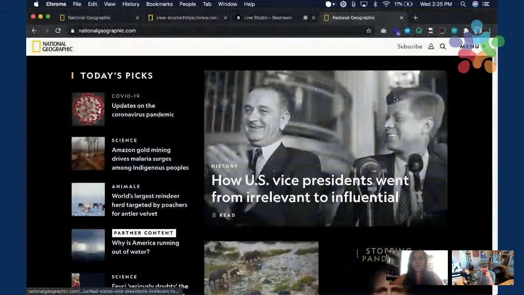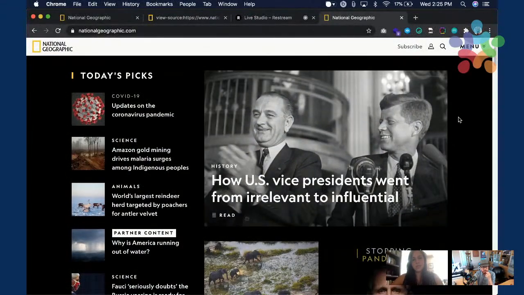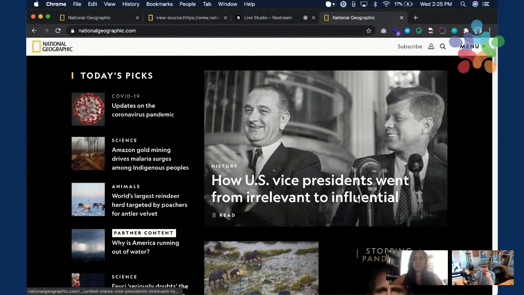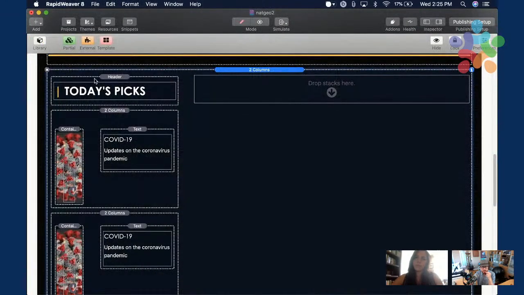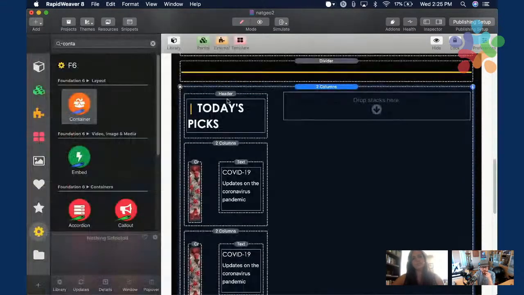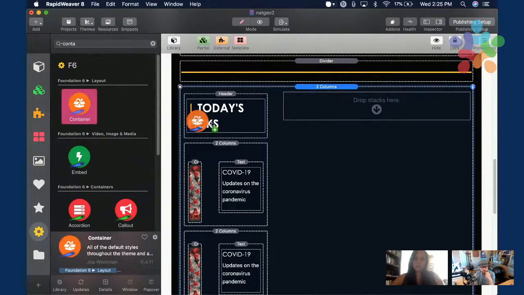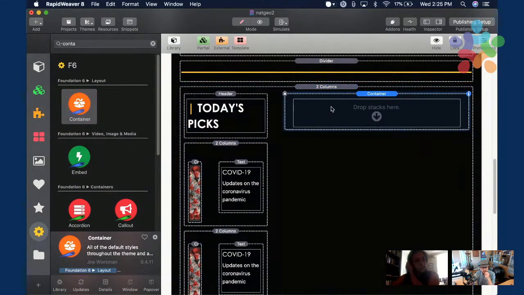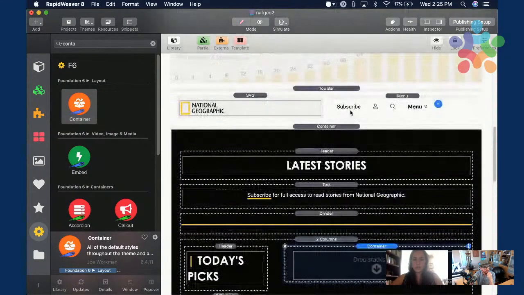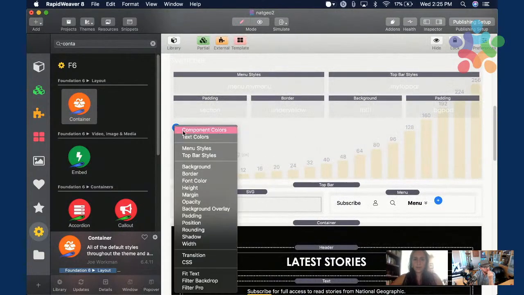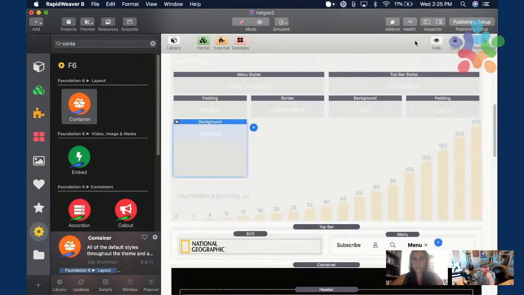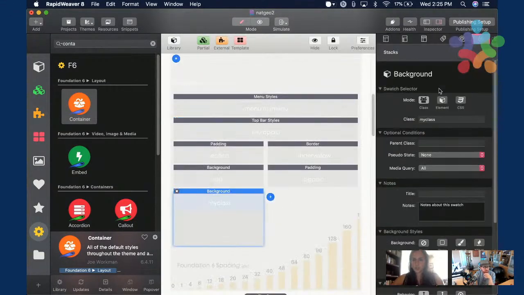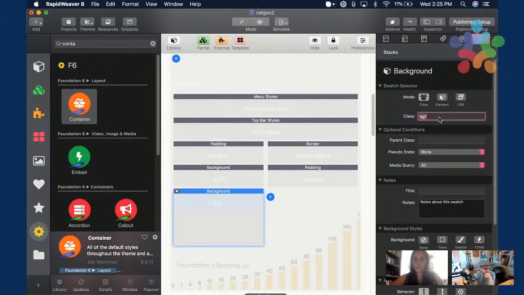So we have a background and then some content. So I'm going to use another container here with background 1. So I'm going to add a swatch called BG1.